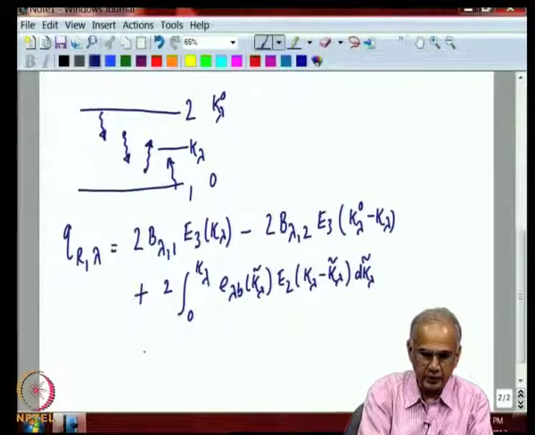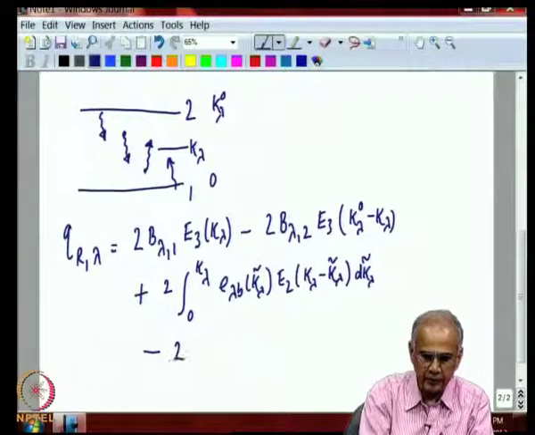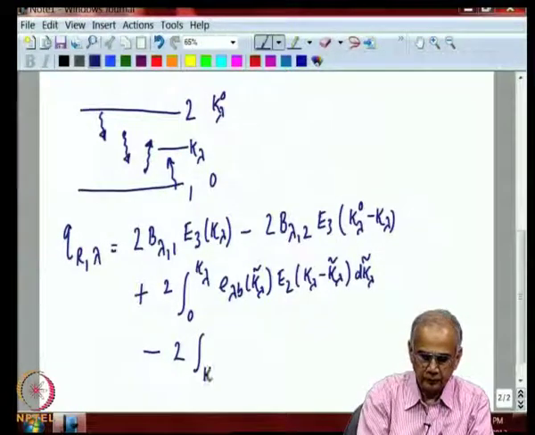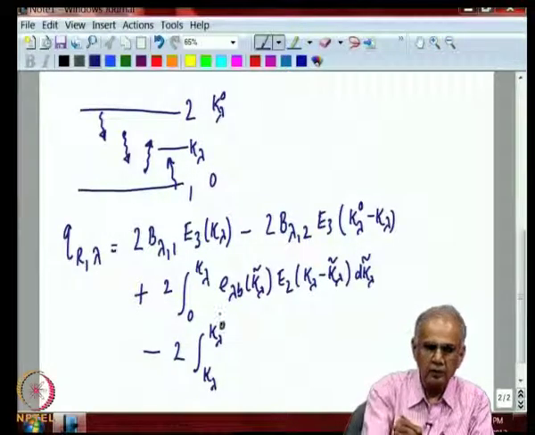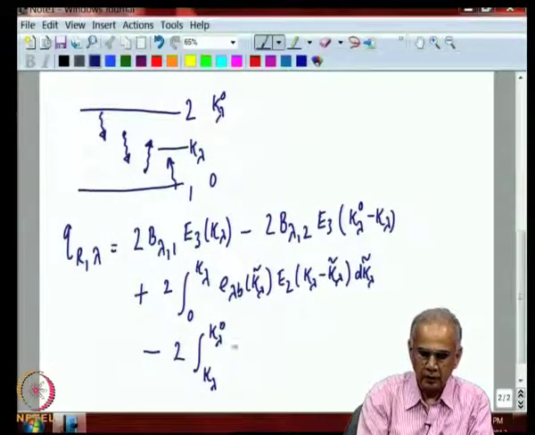And the last term is again minus the downward emission by the gas between this point on the top, and that involves